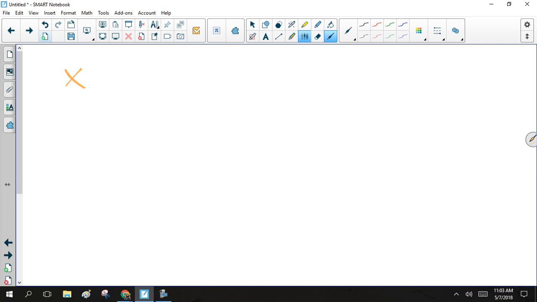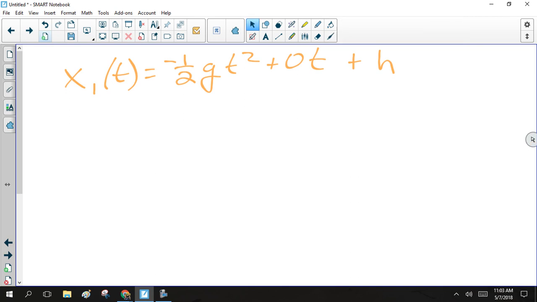So the position of ball 1 as a function of time should be 1/2 g t squared. Make it negative because the acceleration of gravity is down. Your initial velocity is 0, but it begins at a position of h. Right? Does that make sense, you guys? All right. Similarly,